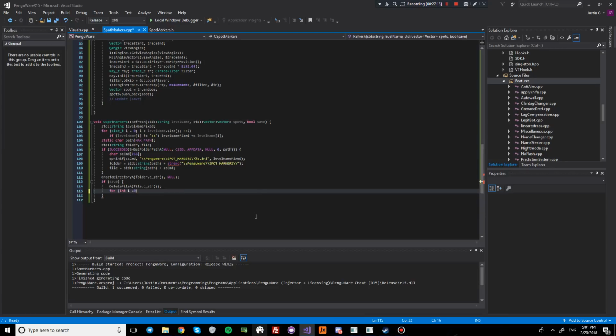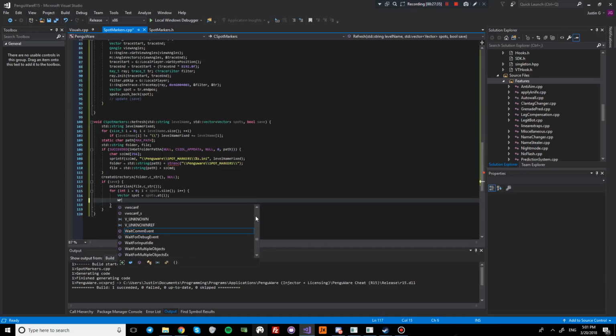So the way I'm gonna do this is take a little for loop. Start I at 0, and then while I is less than spots dot size, and we'll increment that. So basically for each item, we're gonna get that spot. So I'm just gonna call this spot. And now here we get to the part where we want to save this. So we're going to use this function called write private profile string A. So this is going to be the section we're putting in. So I'm going to convert